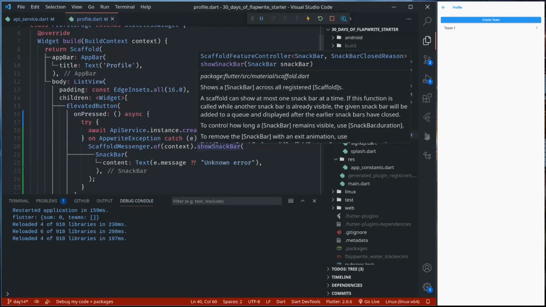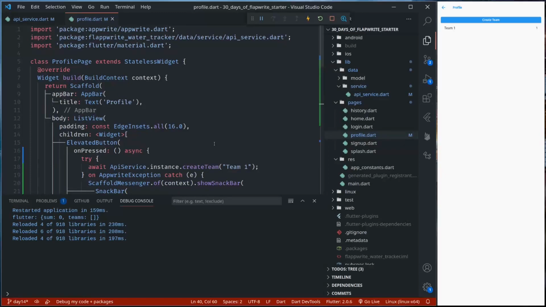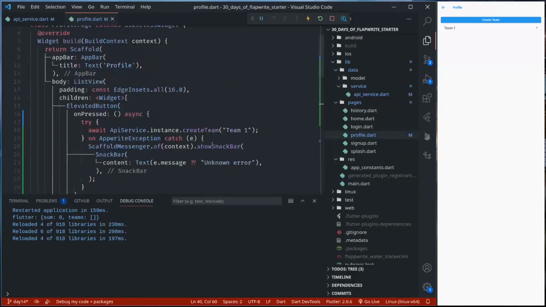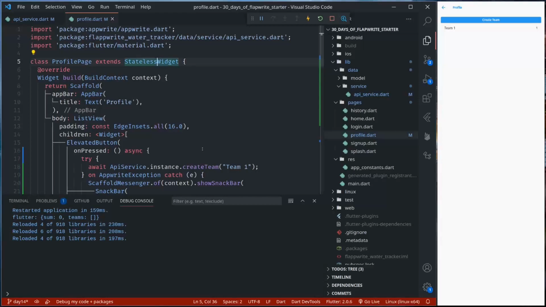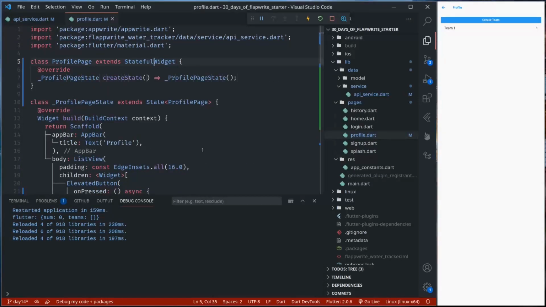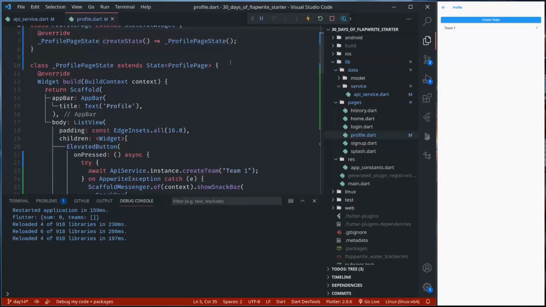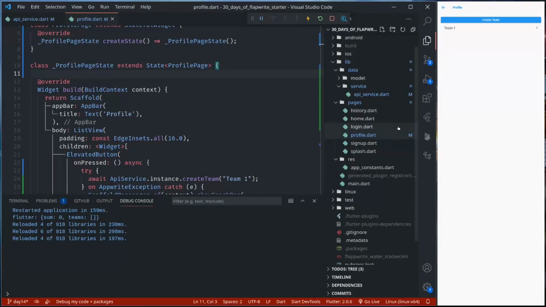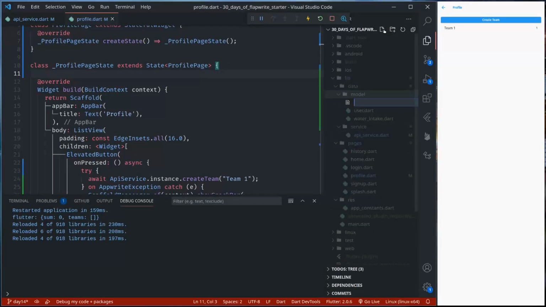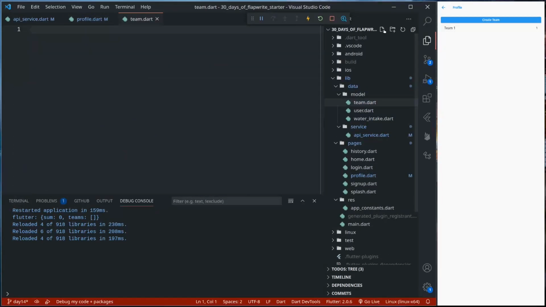So right now we are not using any state management solution. So when adding this, we have to go back and come here again in order to reload. So let me handle this. So let's convert this to stateful widget and quickly set up few things here. Let's create a teams model. So here, let me create a model, team.dart, class team, and here I can add